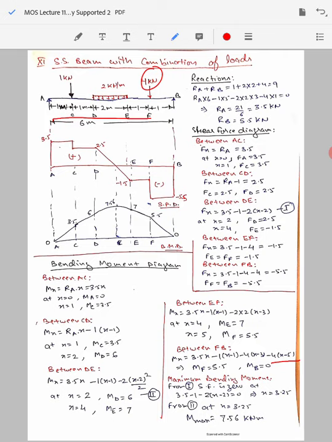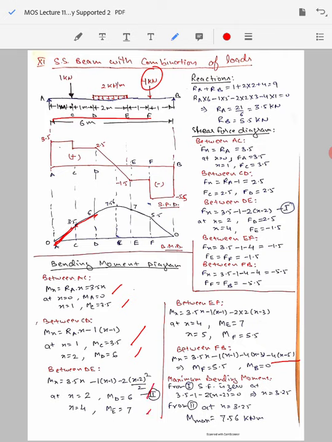And then you can evaluate it for x equal to 5 and x equal to 6, which are 5.5 kilonewton meter and 0 kilonewton meter respectively. Now we are going to draw these values, and we see that from A to C it changes from 0 to 3.5 by a straight line relation. So there is a linear relationship with x. Again there is a linear relationship from 3.5 to 6, again a straight line here.